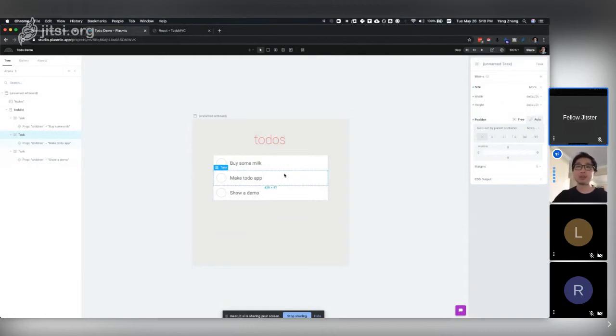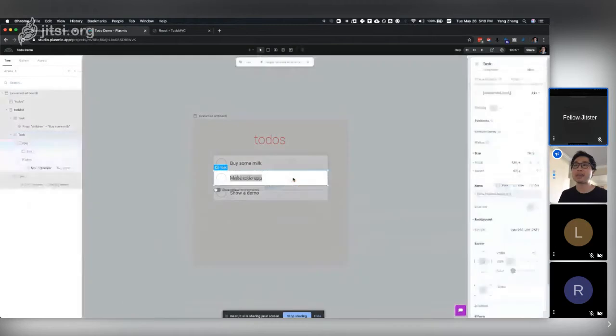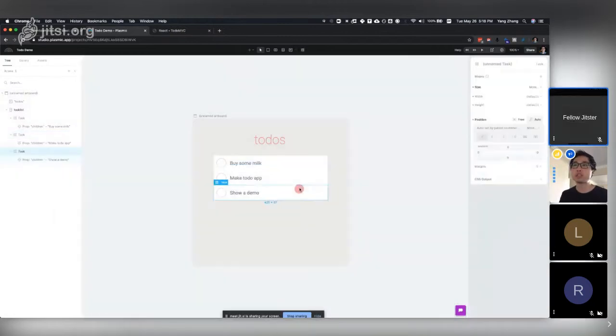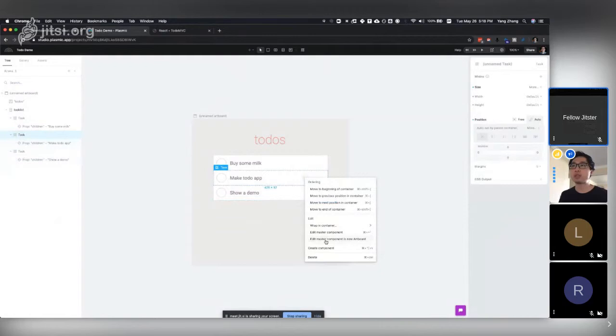Or what does a task look like when it's being edited? What does a task look like when it's marked high priority or some other feature you might have? So in order to do that, the first thing I'll do is, I could keep just double clicking into this component to edit it here in place, which can be nice if you just want to design things directly in context. But you can also just right click this component to pop it out into its own new